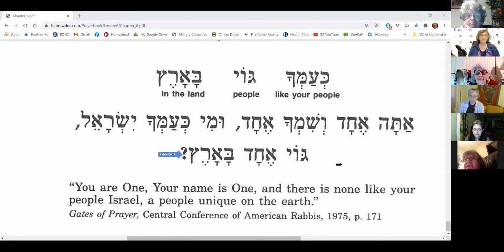So they're trying. So this is the Gates of Prayer. This is the one that came out in 1975. This is the hippie version. It's Hippie California, Joan Baez. That's what this one is. And that's what happened with the difference of the translations.